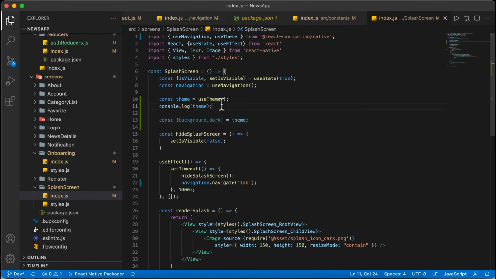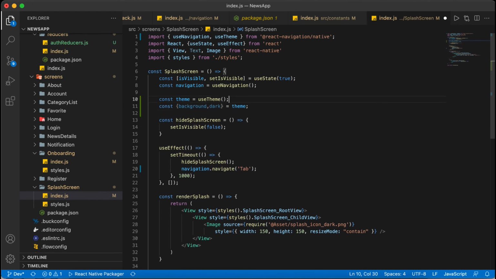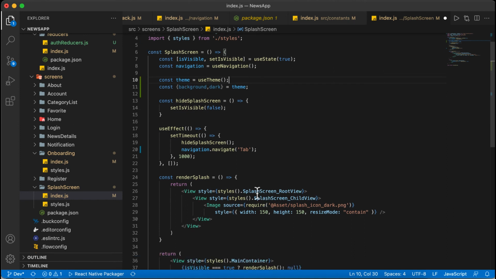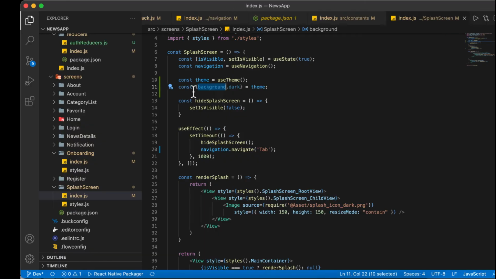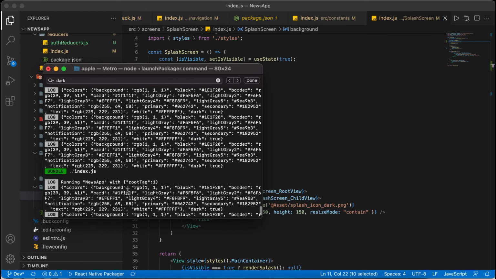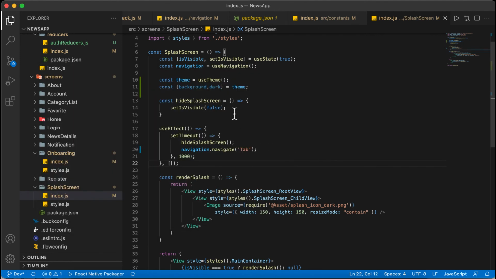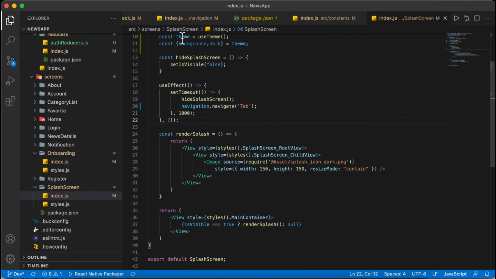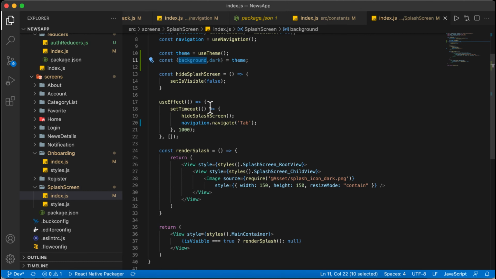Now it's time to set the background. We are using the extended style sheet, so it will be easy to check. You can see that the background color is coming; it will become dark, and when it is light, then it will become white. So now let's send the background to the style sheet.